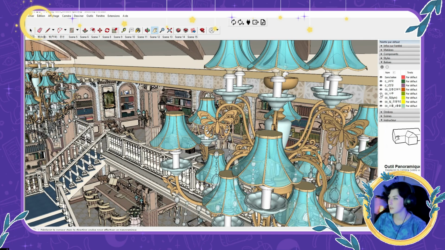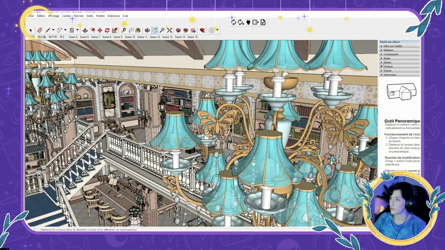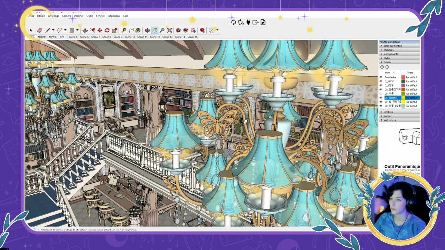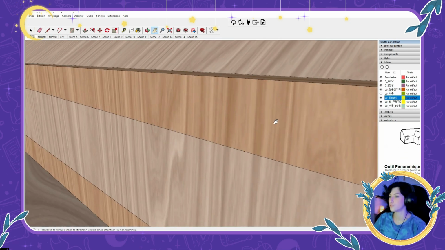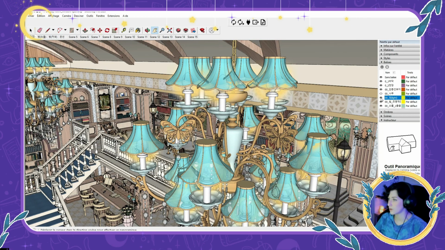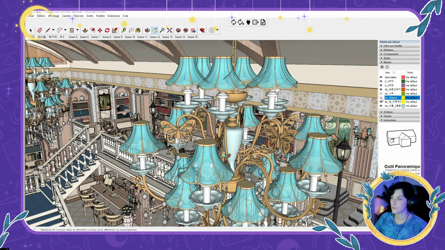Sometimes you have right here, in French it's balise, and in English I don't know, this is something right here, and you will have some layers. You want to get rid of this kind of layer. You see the lights, you don't want them because Snaptoon doesn't like them, so Snaptoon will replace them with squares. In Snaptoon you don't need them because you will put real glowy lights that work with the environment. You just want to hide them by clicking on the eye right here.